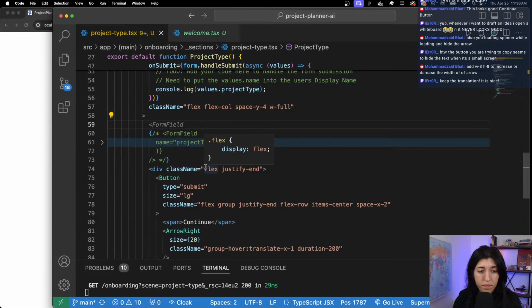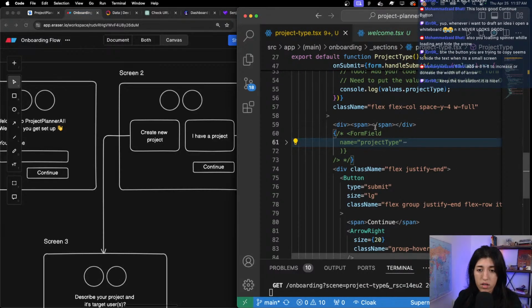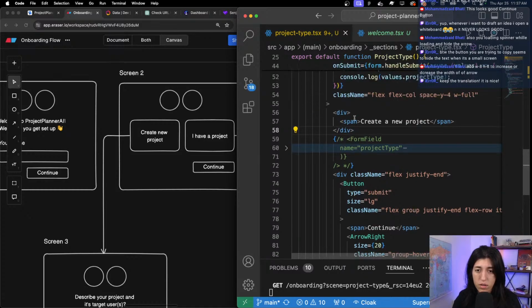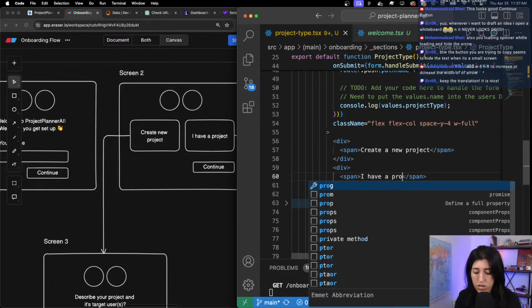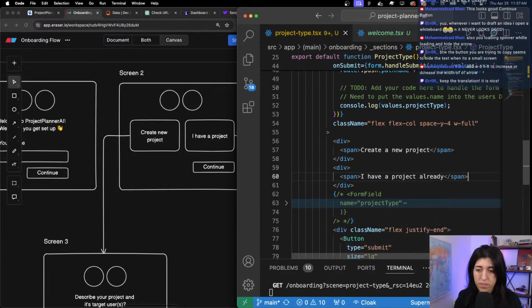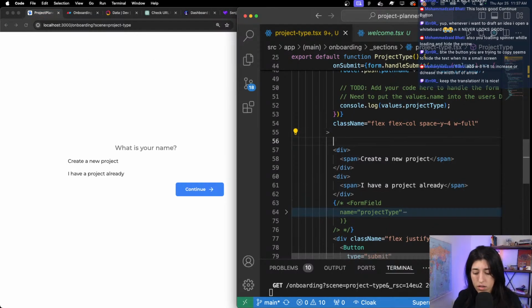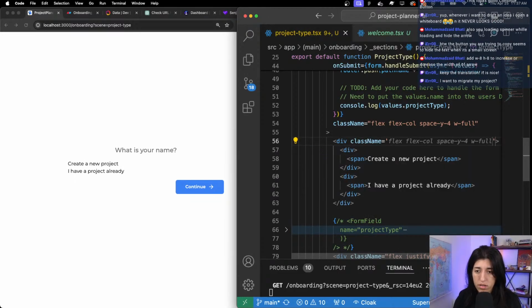We're gonna do a div. We're gonna do a span. We are going to do a create a new project. Create new project, or we're just gonna add the text. I have a project already. Then the next thing we want to do is style this, and then we'll create a